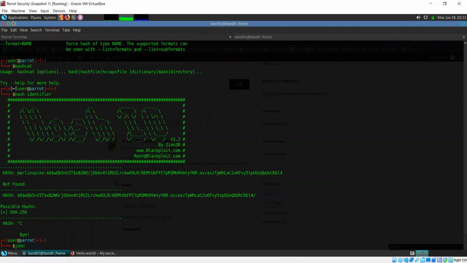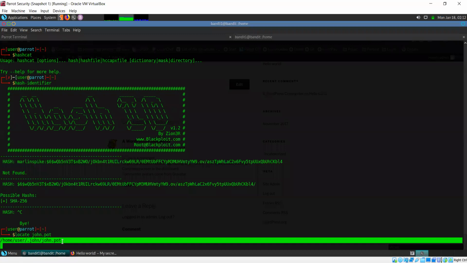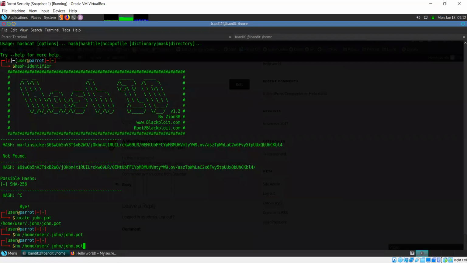I'm going to use John the Ripper here, and the first thing I'll do is delete the cache for it, because I've cracked this value previously, so it stores that in its cache, and I want to remove it so that it does not just take the value from there. Now I'm going to use John the Ripper, and I'm going to give this pass file as input, where I have pasted Marlin Spike and the hash.